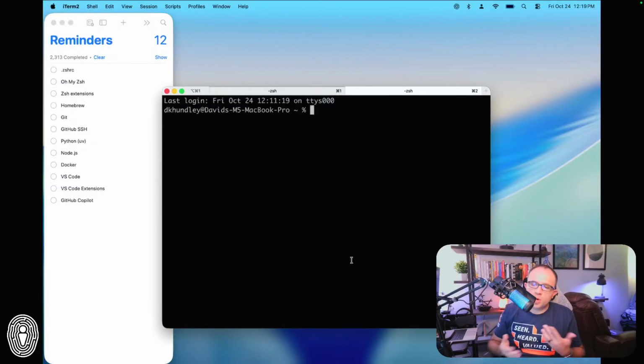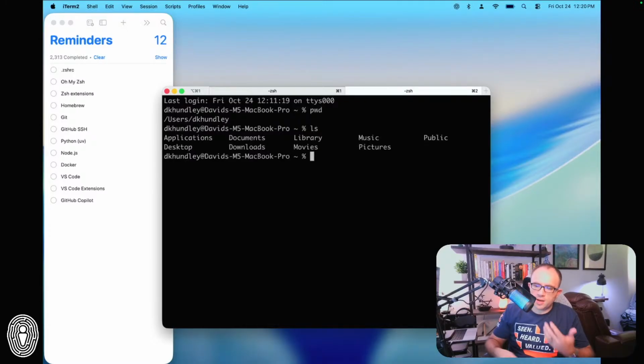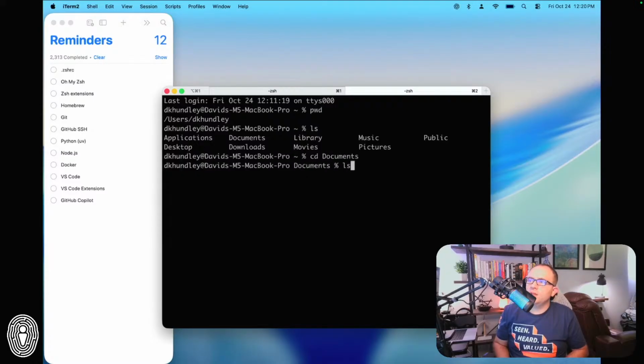All right, so I've opened a new tab here in iTerm 2. What I wanted to highlight here is I keep all of my Git repositories in here. Well, we'll go ahead and do pwd. That stands for print working directory. So you can see we're in users/DK Hunley. And then if I do an ls, that's going to tell us all of the directories that we have within our current location. So you can see here, under documents. So if I go into cd documents, and then if I do an ls again,